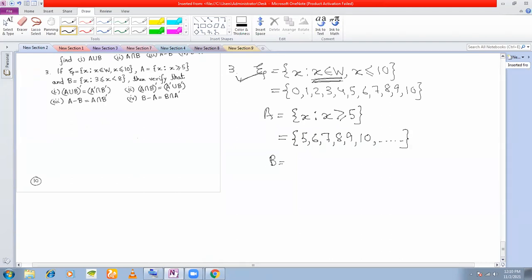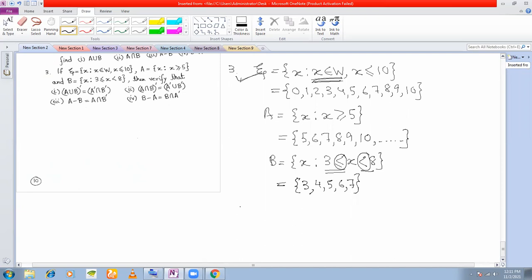Next, the set B is given to you as x such that 3 less than or equal to x less than 8. Now if you see here in the set B, x lies between 3 and 8, but x can be equal to 3 because the equality sign is here, but the equality sign is not here with 8, right? So therefore this set will be all those whole numbers starting with 3, because there is an equality sign here: 4, 5, 6 until 7. It will not touch 8 because there is no equality sign here. So these sets we have written in tabular form.